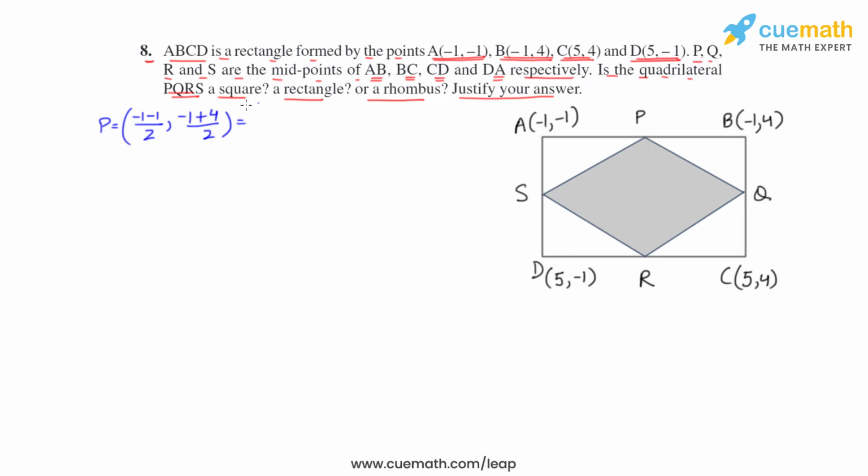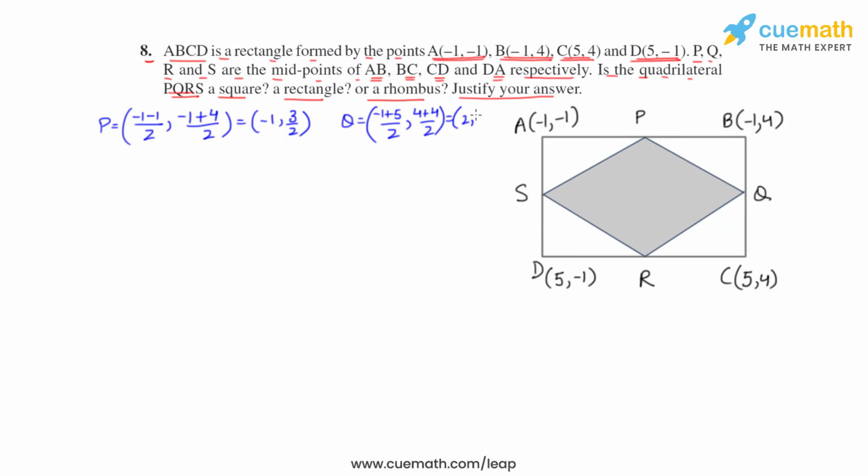So we get (-1, 3/2). Then Q in the same way, (-1 plus 5) by 2, comma (4 plus 4) by 2,